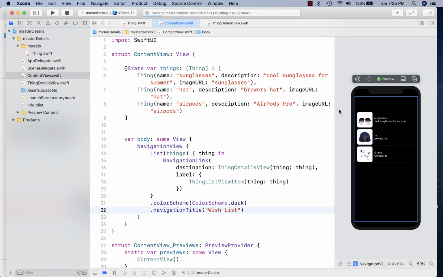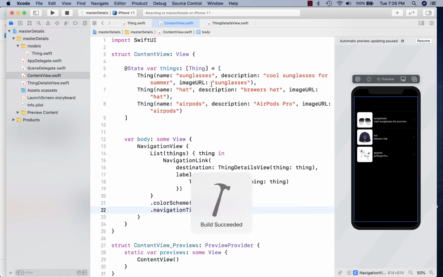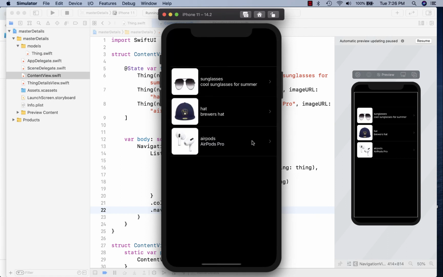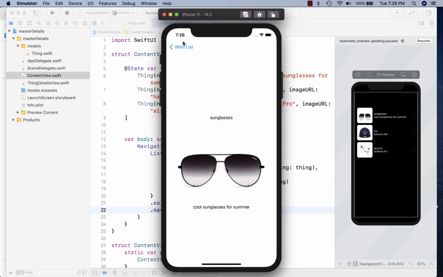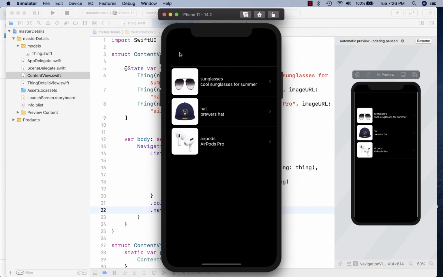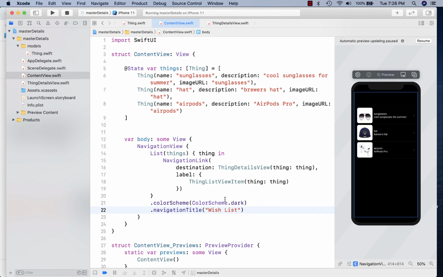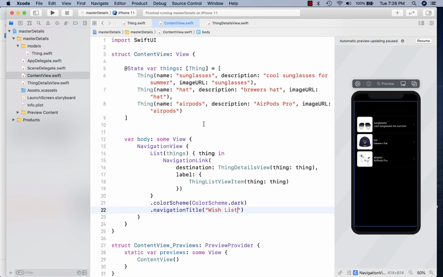And if I resume this, you'll see that the title ends up showing up. Not sure why it didn't show up, but you'll notice it does show up here. I think what's happening is because I'm in dark mode, the default text color is black and it's not showing up. So one last thing I want to show you with this application is,